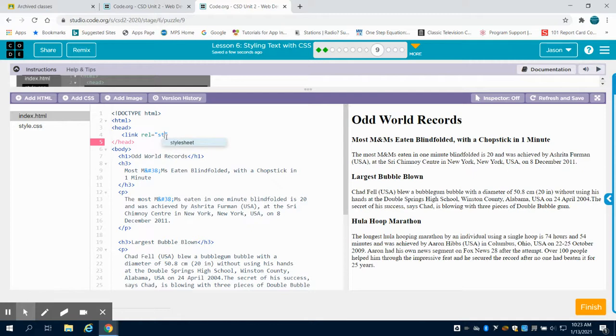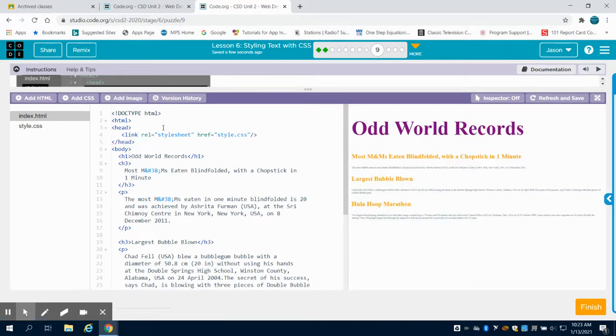And what I want to choose is my style sheet. So I'm telling it what type of style sheet I want. Now, I have to tell it to reference, so I'm going to type in H-ref to reference the style sheet. Now, the cool part about this is it also, in Code.org Studio, allows you to choose as you type that in, or choose their option. I'm going to choose my style sheet, which is the name of the file,